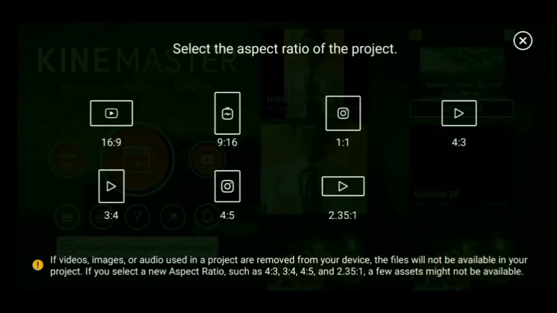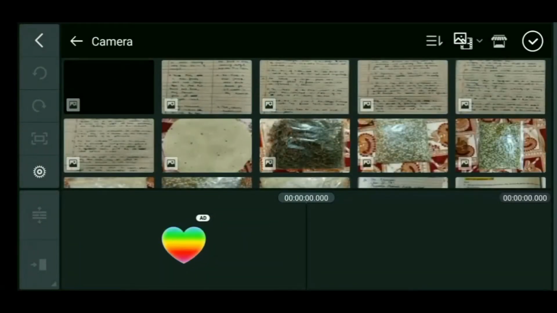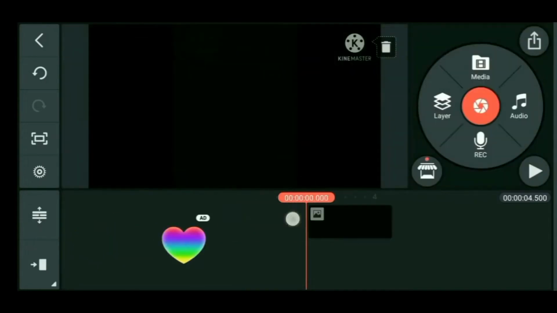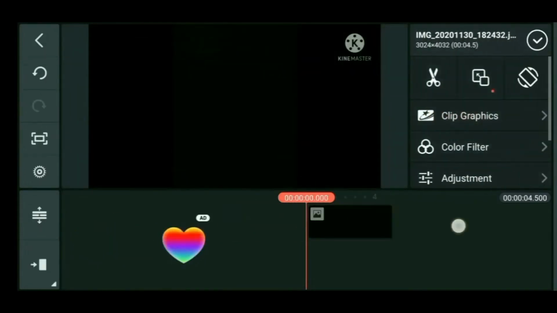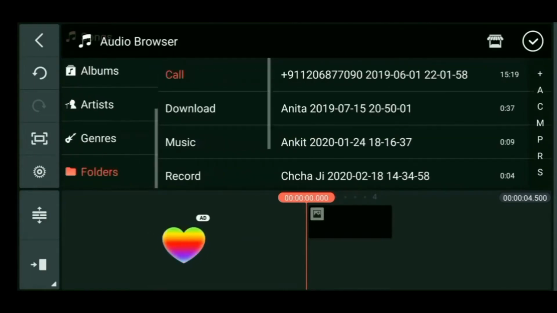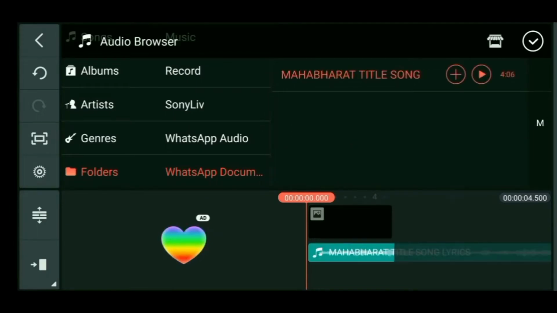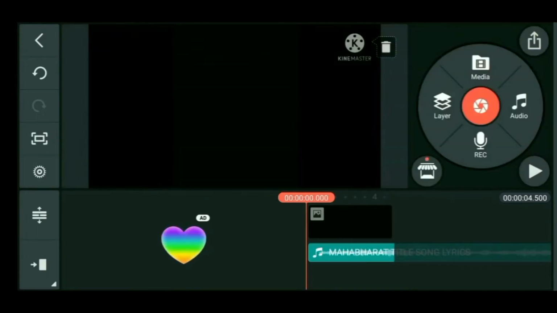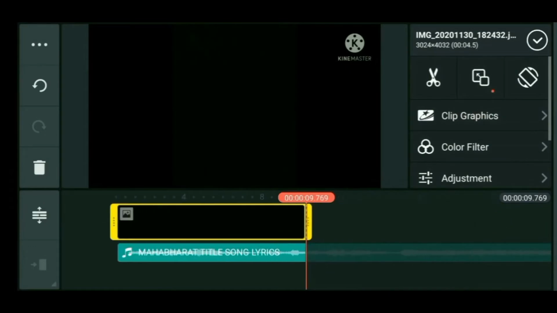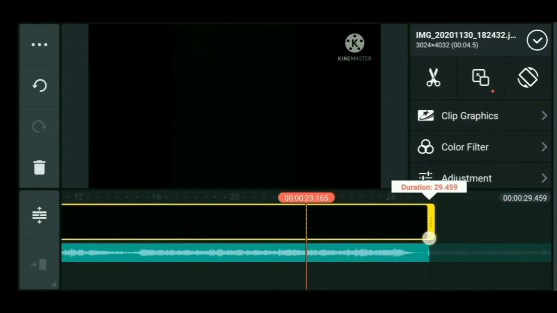So first we have to select the aspect ratio. Now what we have to do is choose an image. You can choose any image; I have chosen a black background. Now we have to take an audio. So click on audio, go to your folders and pick any audio which you have downloaded. I'm going to take this, and now you have to extend it till the video ends. For instance, over here I'm taking it for 30 seconds because this is just to show you how to make